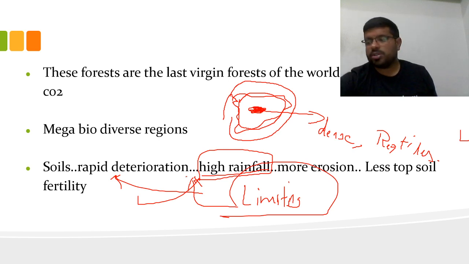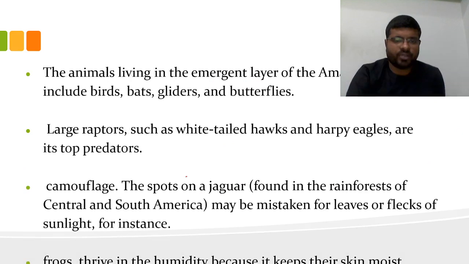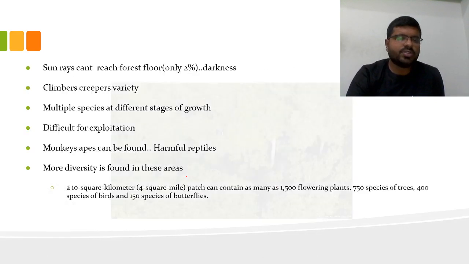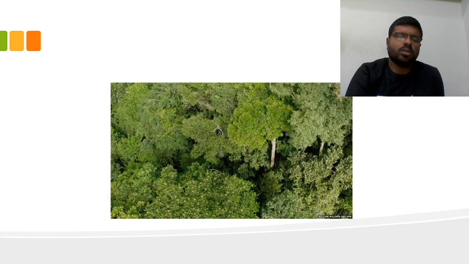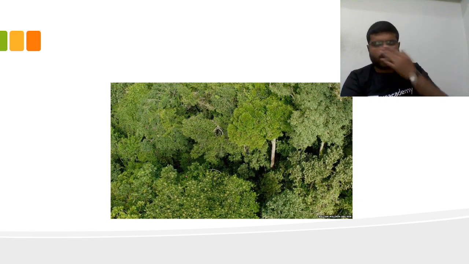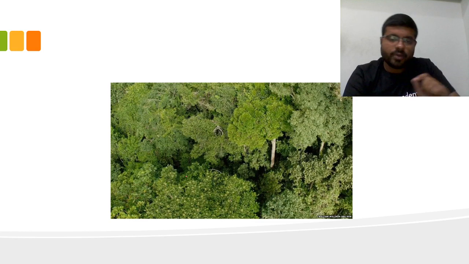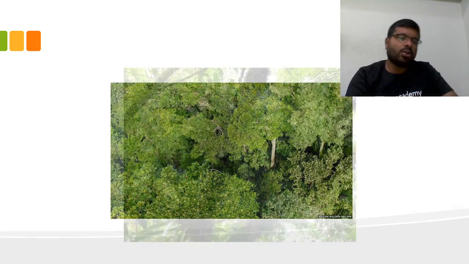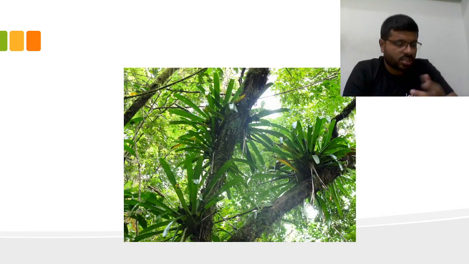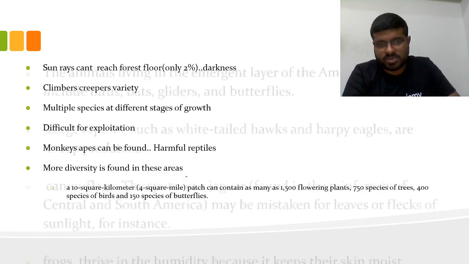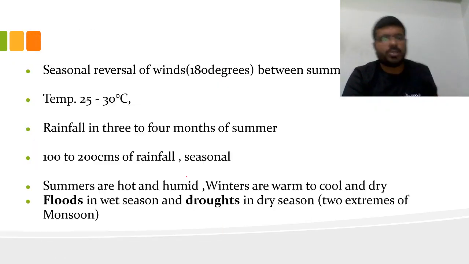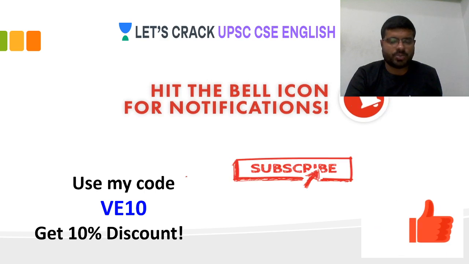I hope this is what you have understood about tropical evergreen forest. So what are the key things you find here? The key things you find here are camouflage, the canopy of vegetation or umbrella of vegetation, and double maxima rainfall. These are the two key characteristics from which you can derive all the remaining concepts. This is about tropical evergreen forest. I hope you have understood these concepts very well. Tomorrow we'll continue with the remaining concepts.